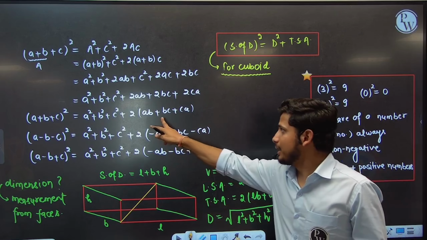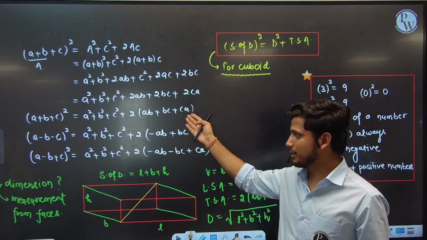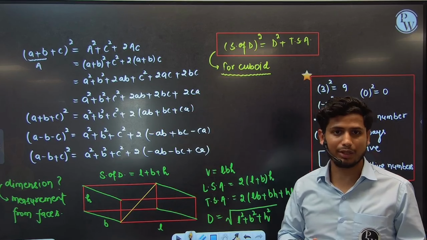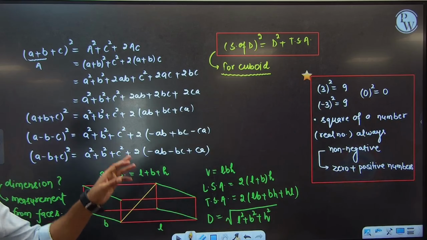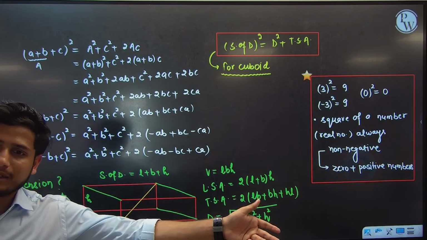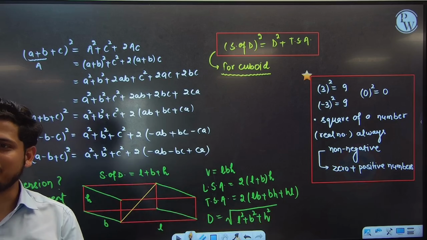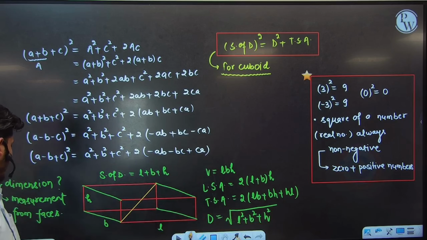This formula is the application related to the cuboid, the cuboid in geometry, and a plus b plus c whole square is equal to the expression in algebra. So this is the connection between algebra and geometry. Okay, now tell me